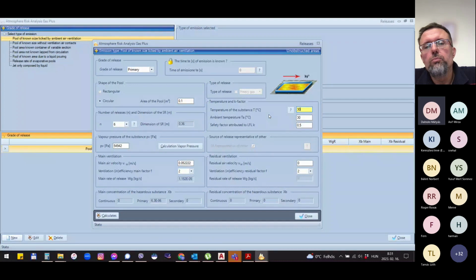Remember that now it's the 2.0 software version based on the 2015 standard version. In the 2020 standard version, sorry, the safety factor has been deleted from the equation, but the 2020